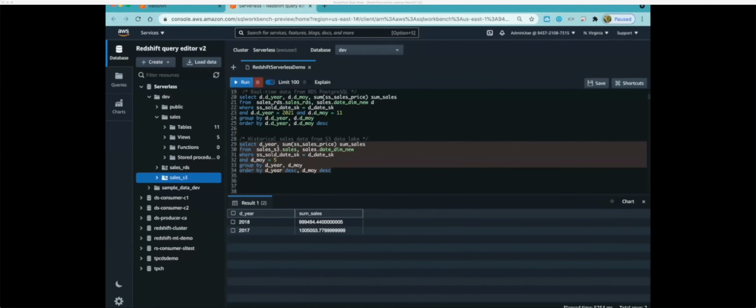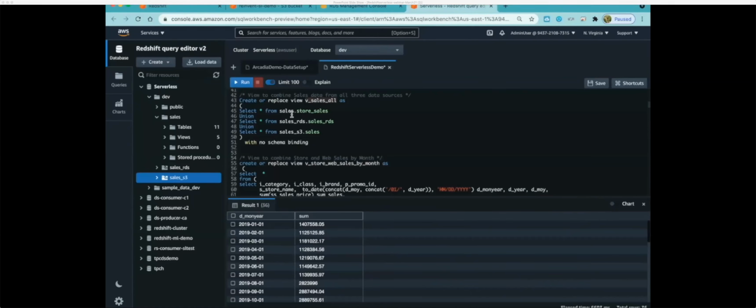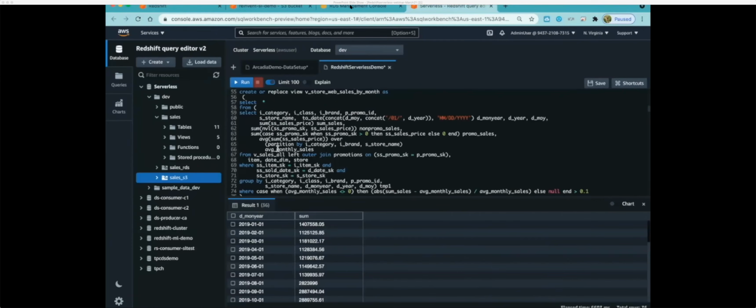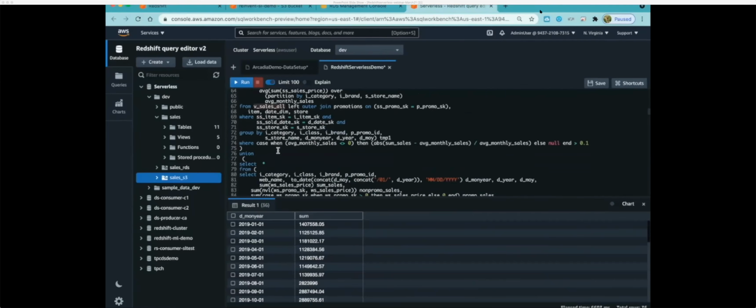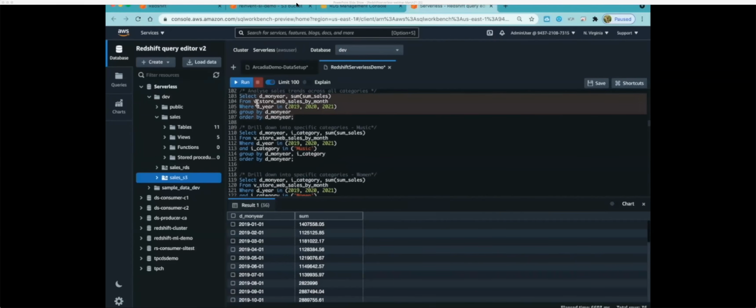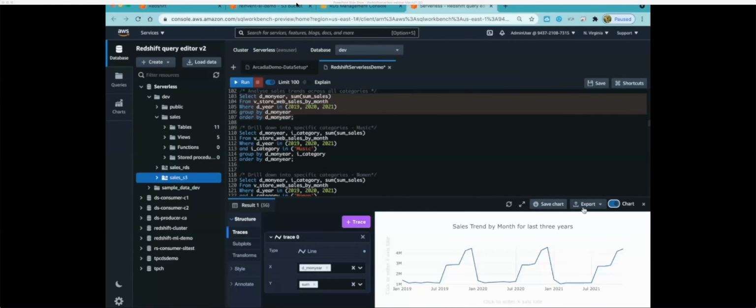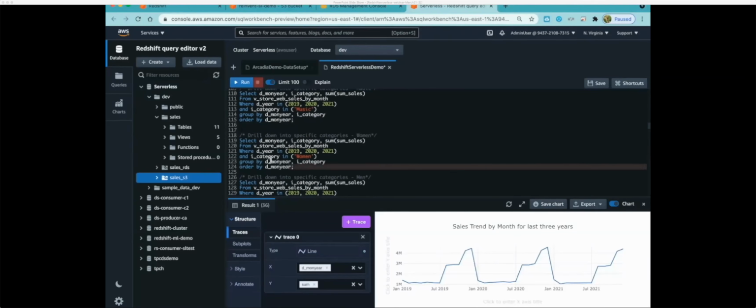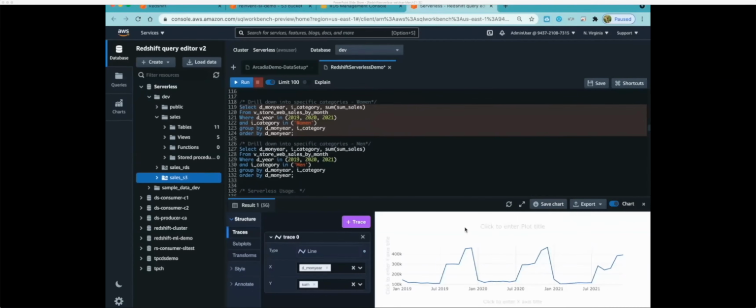So what I want to do is combine my data in the data warehouse, operational database, and data lake, and create a unified view across all these data sources so that I can do all my analysis using this combined view. So I'm creating this view, combining all this information. Once the data is set up, I'm going to do a couple of quick analyses here. I'm trying to see how the sales trend looks over the past few years. I see that compared to the last couple of years, there is a decline in sales. So I want to see which specific categories are contributing to this decline.